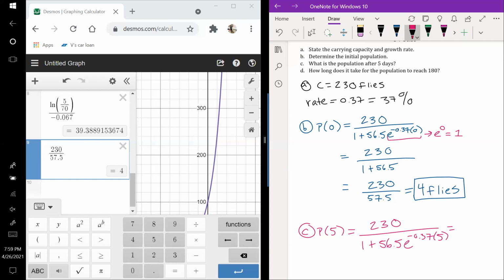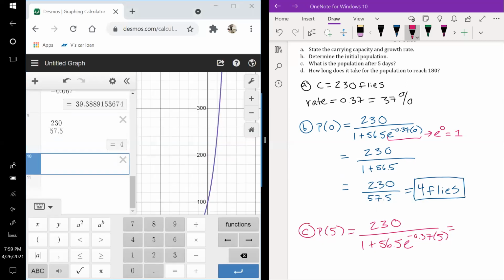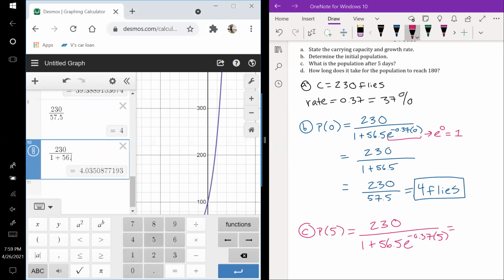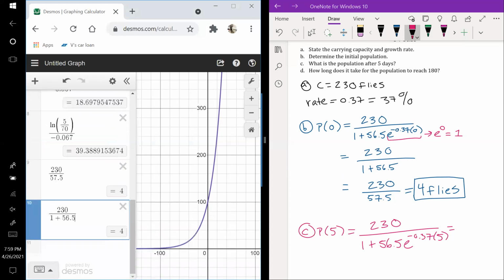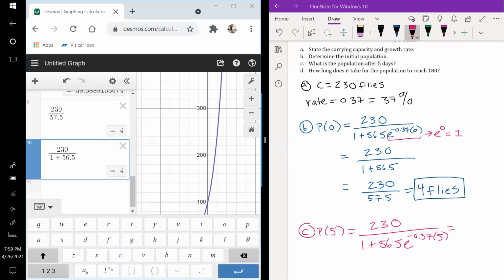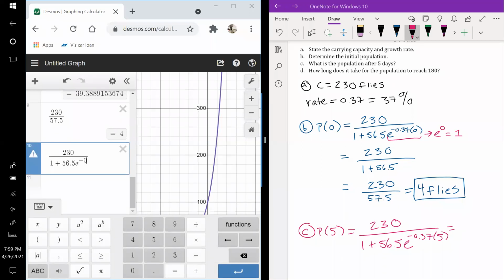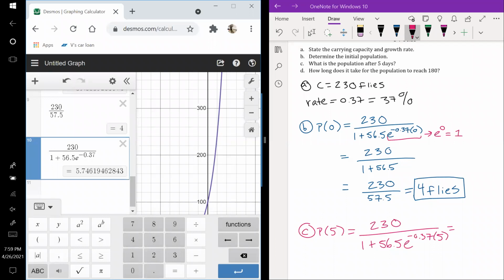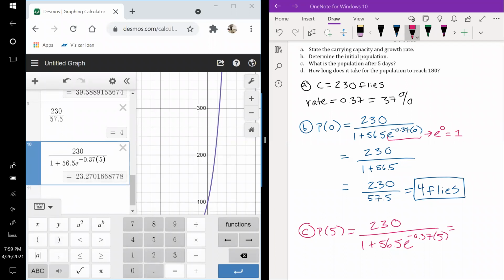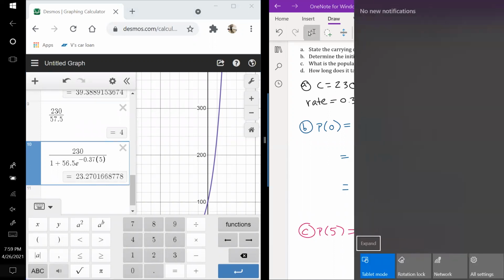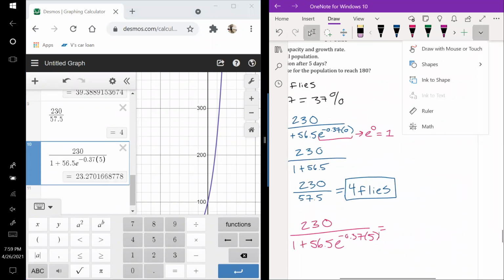So I'm going to type it in just like I see it: 230 over 1 plus 56.5 times e to the negative 0.37 times 5. And after 5 days, these fruit flies are now a population of